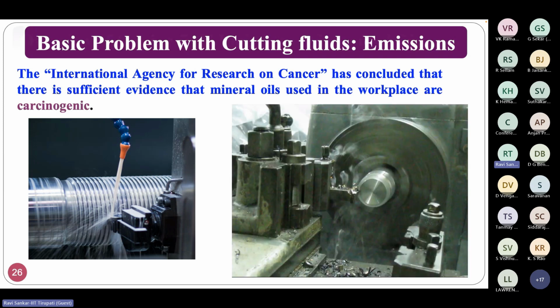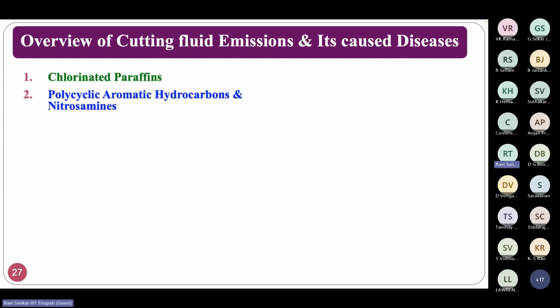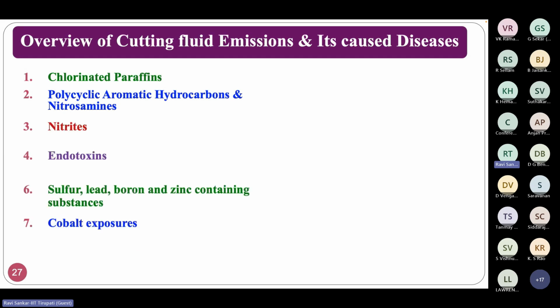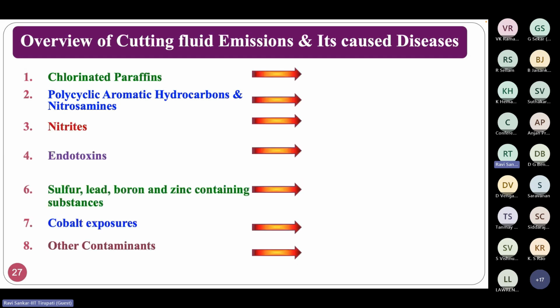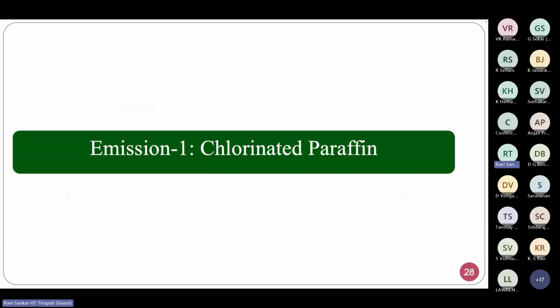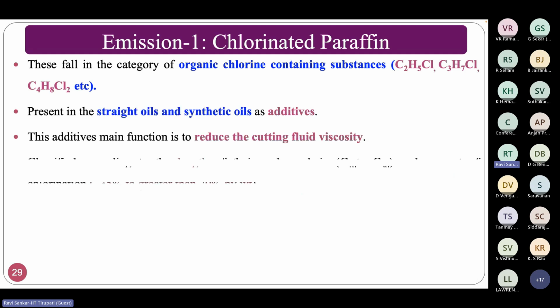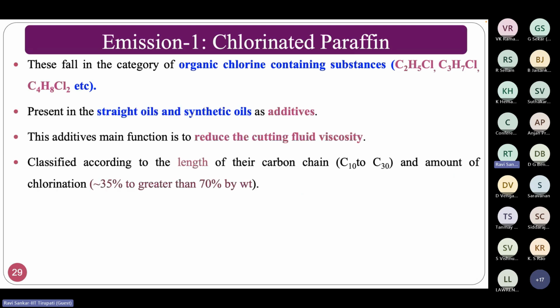Okay, so let me see what will happen. So these are the chemicals. I will go one chemical by one, and each chemical causes this type of severe diseases which nobody can avoid. Okay, so the first emission is chlorinated paraffins. So what are chlorinated paraffins? Chlorinated paraffins are